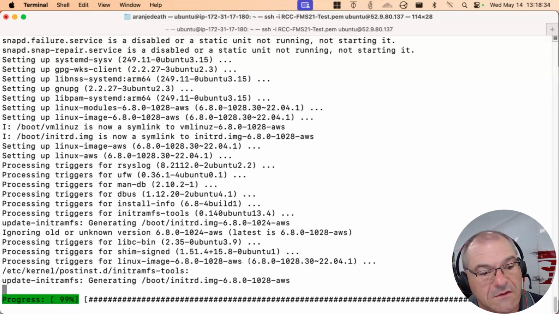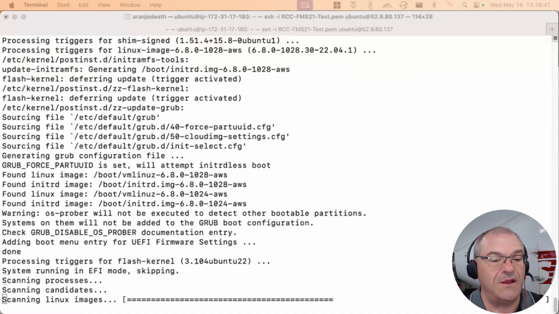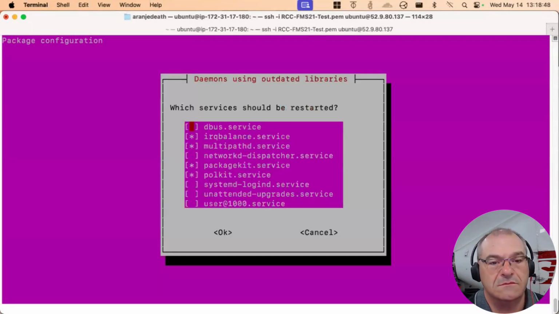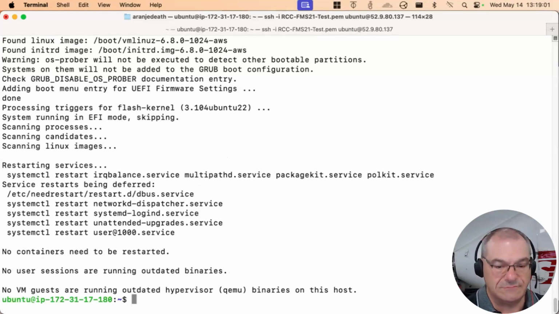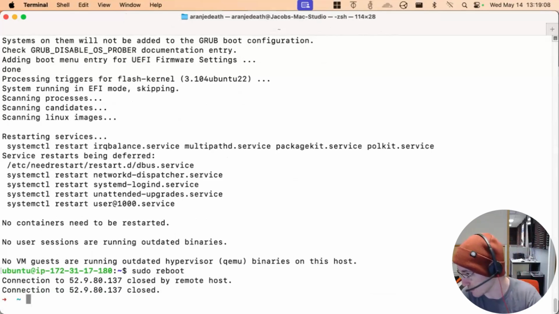Progress 98%, and then it'll get to the end. So first we download the updates, then we run them. So it was update, then upgrade, I think. Ooh, newer kernels available. I'm hitting OK. You know how everyone hits OK? They get a dialogue and they say yes to everything. Like, I don't know what to do, say yes. Okay, I'm going to reboot the server, and then we're going to actually do something useful here.